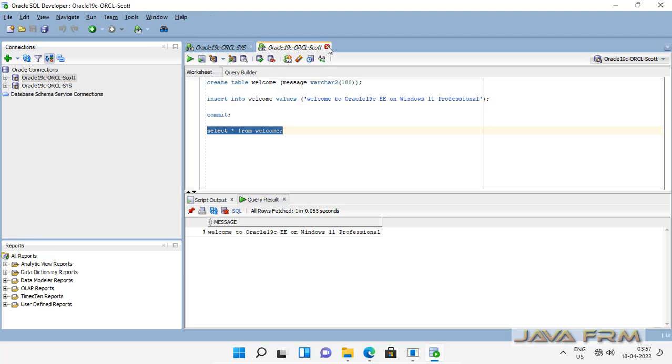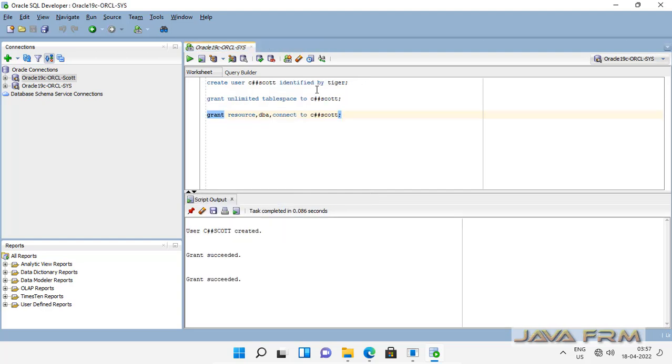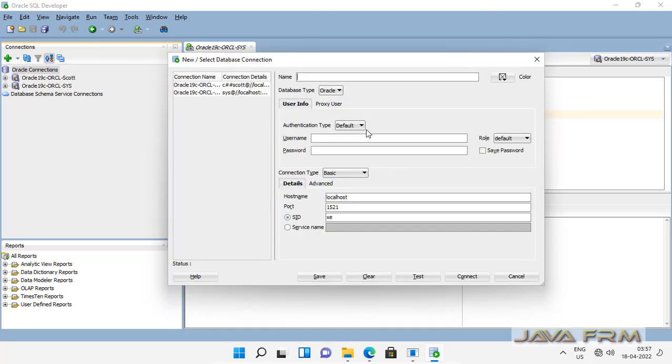So now I am going to create another Oracle connection. I am going to log in as the sys user, sysdba, for the pluggable database. Previously I logged in as sysdba for the container database. Now inside the container database, the pluggable database will be running. Each pluggable database has its own DBA, own users, tablespaces, etc. So here, for service name, provide the service name as ORCLPDB, which means